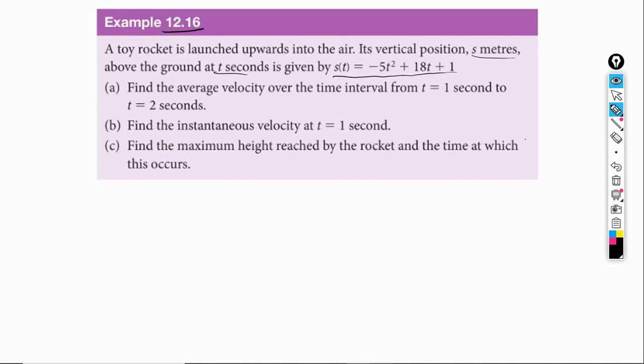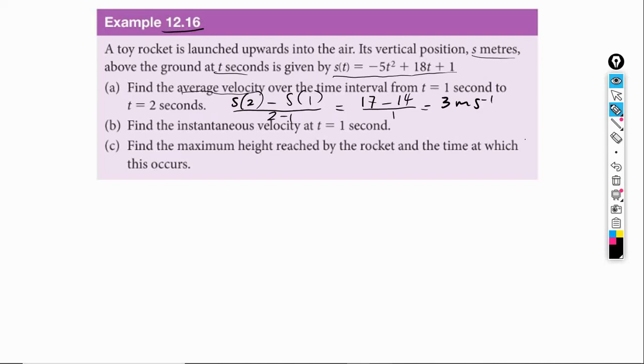So remember that when you want to find average velocity, that is just the slope of the line between those 2 points. So basically what they're asking us to do is to find s of 2 minus s of 1 over 2 minus 1. So that means plugging in 2 into the function. And if we plug in 2, that's going to give us 17. Minus, if we plug in 1, we're going to get 14. Okay, and that over 2 minus 1, which is 1. So 17 minus 14 is 3. So 3 meters per second would be the average velocity